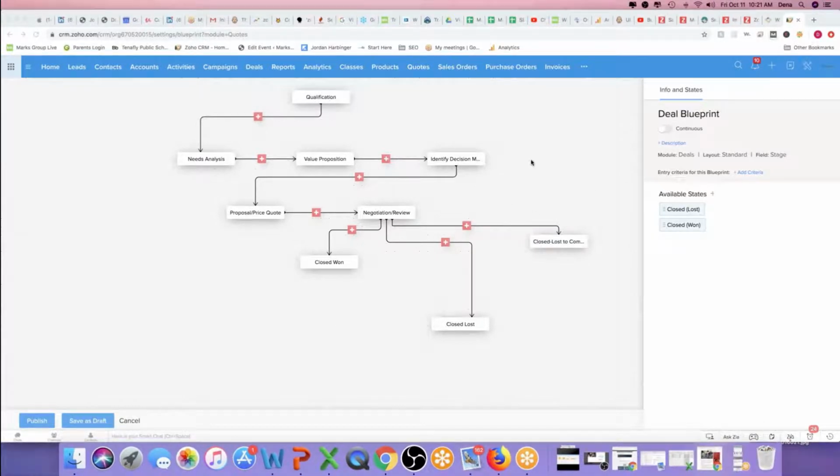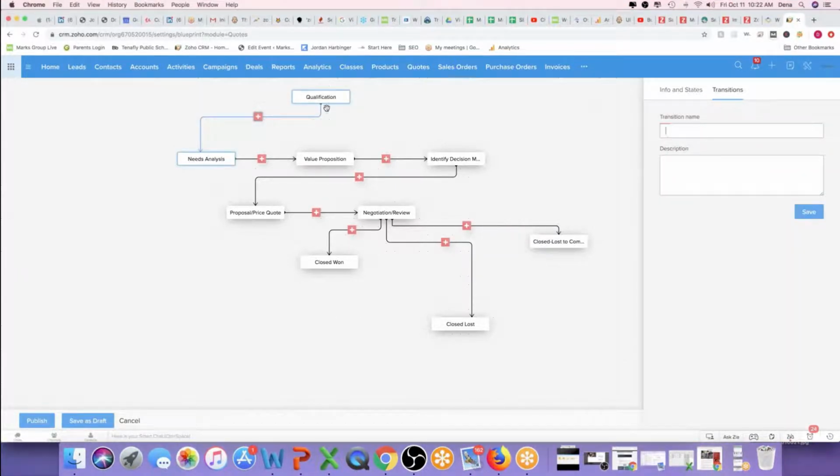Now we have our states here, and these red pluses are the transitions that we now have to define. And here's what you now need to think about: what do you want to happen from the qualification to the needs analysis? So maybe what you want to do is contact, maybe it's have discussion with contact. No, you're limited. So let's just say contact